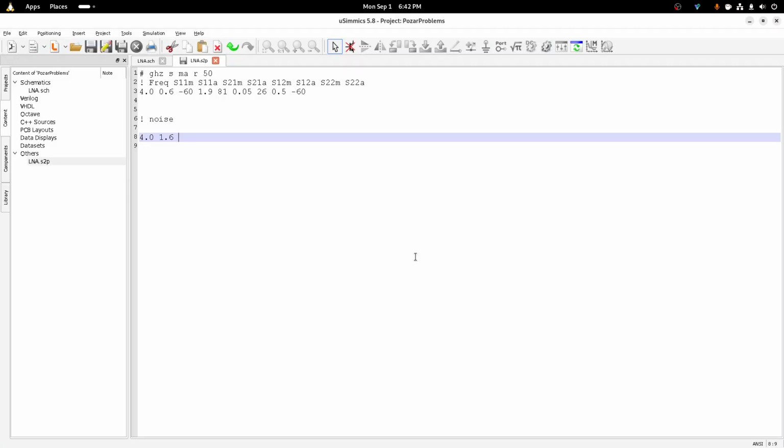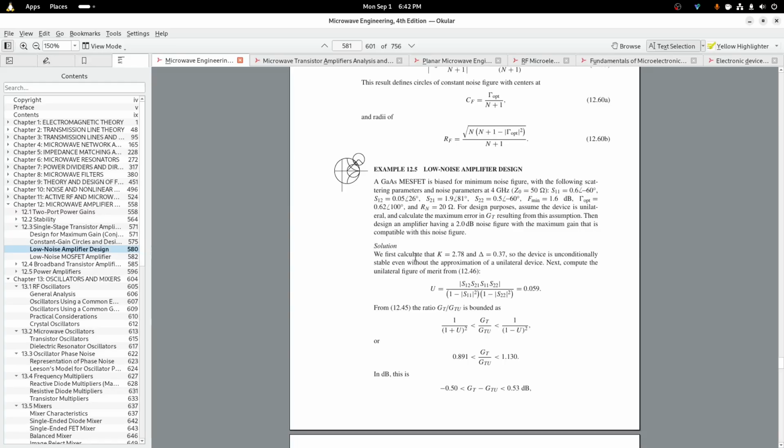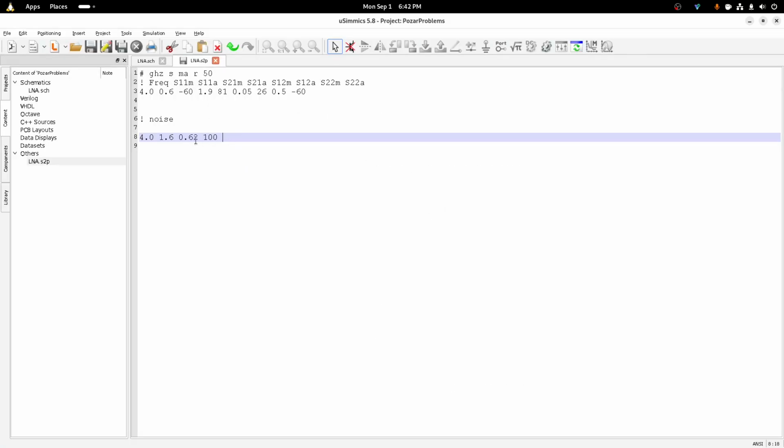We do 0.62, 100, and then the Rn, which is actually a little confusing because it's 20 ohms, but everything in here is going to be normalized to 50 ohms. So you've got to do 20 divided by 50, which I think is 0.4. So save that,